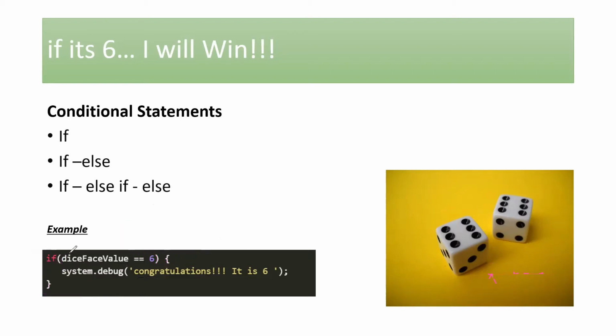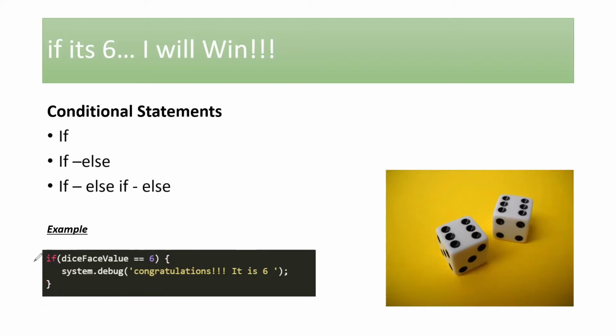If the condition here is matching, that means if it is returning true, the entire if block would be executed depending on the code that you write here. If this returns false, this entire if block that we have would be skipped. So imagine the controller comes here, it would evaluate this condition. If that is true, it would execute all the lines that we have within the if. If this condition is returning false, the controller would simply jump to the next line that is after your if block. So if there are some other lines, the system would start executing them. Anything inside your if block would be completely skipped. It is simply saying that if you have not got 6, you have not won the game. So you need to continue playing the game, right?